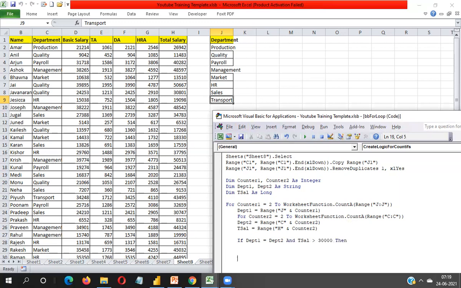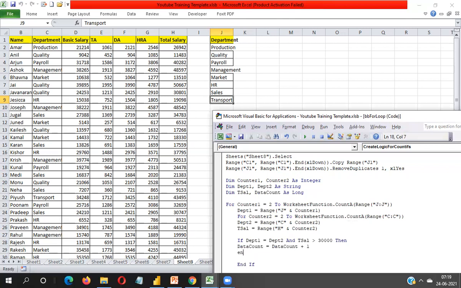Now here I need to write and if. Now I have to take one more variable, a data count. If this department is matching with this department, then I have to increase the count of data count variable. So what I have to do here, I need to take data count equal to data count plus 1.